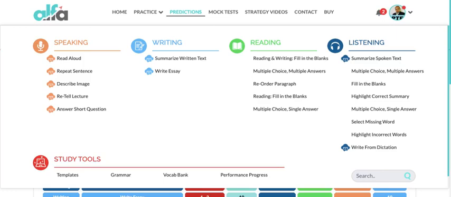And the last question of the listening section is your write from dictation. Very similar to your, what do you call it, the repeat sentence question. So your listening capacity is also being tested. So it gives marks for both listening and writing. Because of that, it is a very important question for your listening as well as writing modules. Okay, so these are the questions. 8 different types of questions are asked in your listening section.